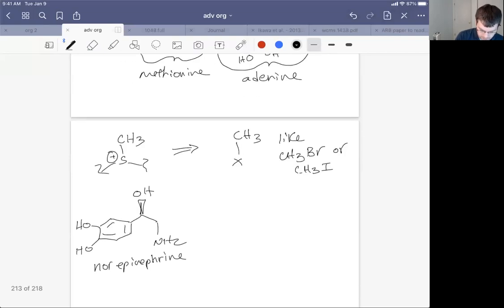Norepinephrine will react with SAM at the nitrogen atom through an SN2-like reaction to give us